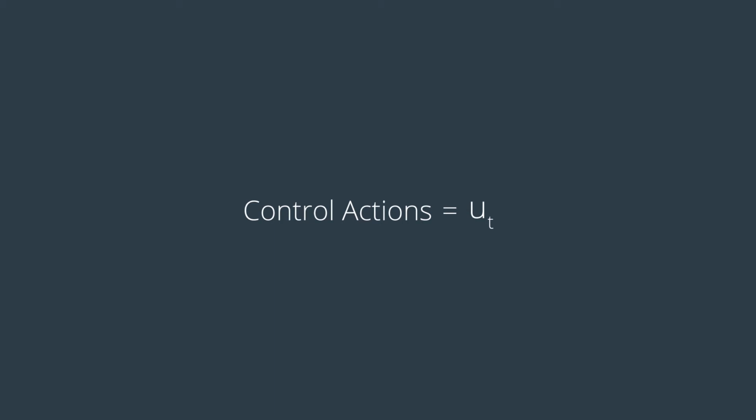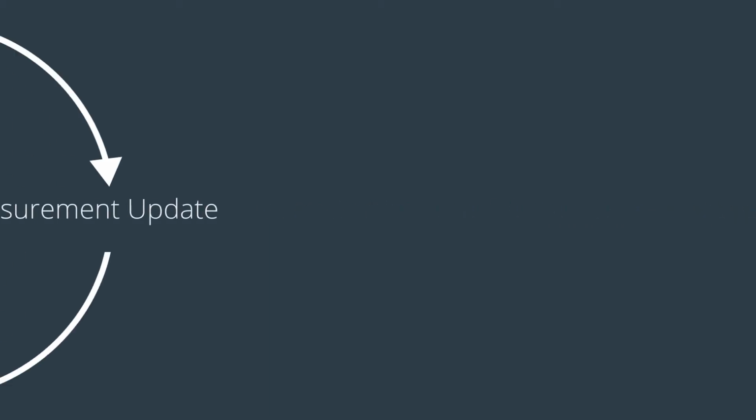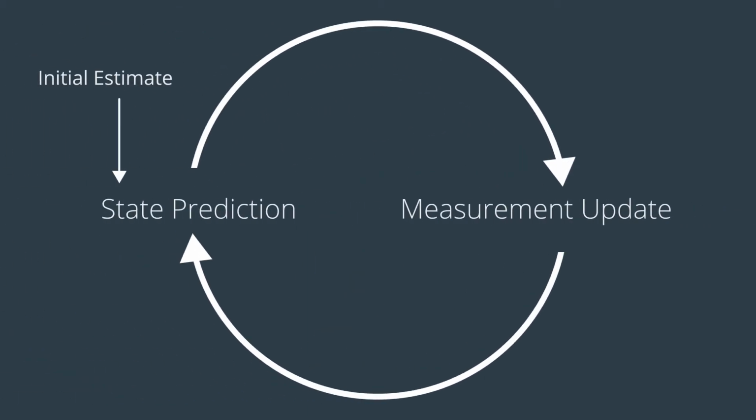Now that we've agreed on the naming conventions, let's go back to the Kalman filter cycle. We need to start the cycle somewhere, and this is usually with an initial estimate of the state. As you will soon see, the estimate does not have to be accurate. It can be an awful guess, and the Kalman filter will still manage to give us good results very quickly. Then, we iterate between the measurement update, where we gain knowledge about our environment, and the state prediction, which causes us to lose knowledge due to the uncertainty of robot motion.